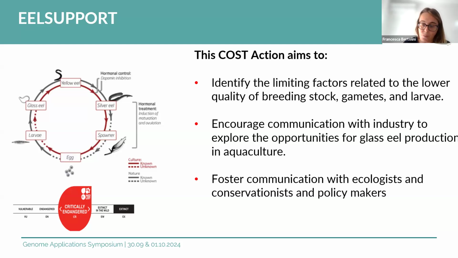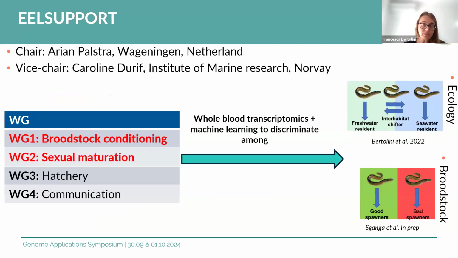Now, the main goal is not to use genetics at this moment. The main goal is to close the life cycle. Of course, after this is closed, breeding programs will be started, as is already starting with the Japanese eel, and then genomics can be fully utilized in the way that animal breeding and aquaculture are doing. But this